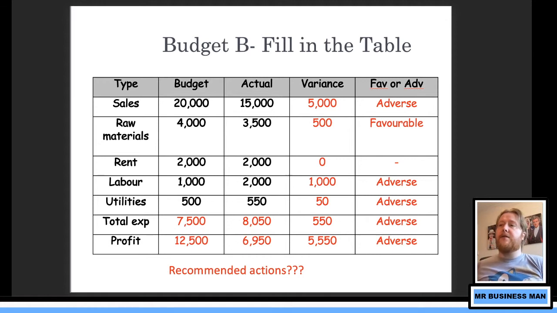Sorry, I said that wrong at the start, didn't I? I thought it was the other way around. We budgeted 20,000, we actually made 15,000, so that's bad. For this one, I made it the wrong way around, didn't I? See, that's what happens sometimes. You do make it the wrong way around. Anyway,